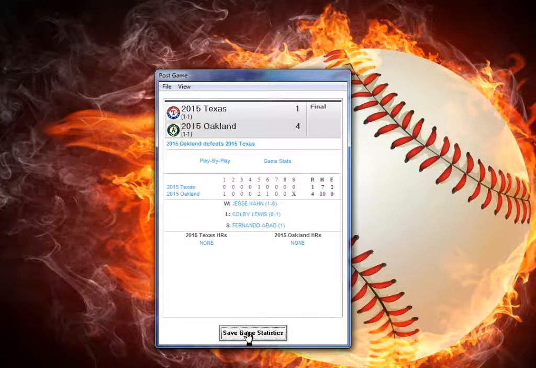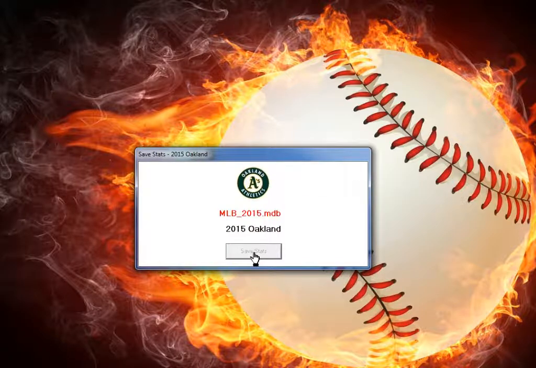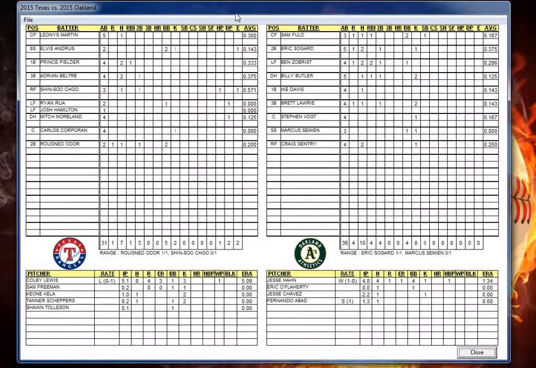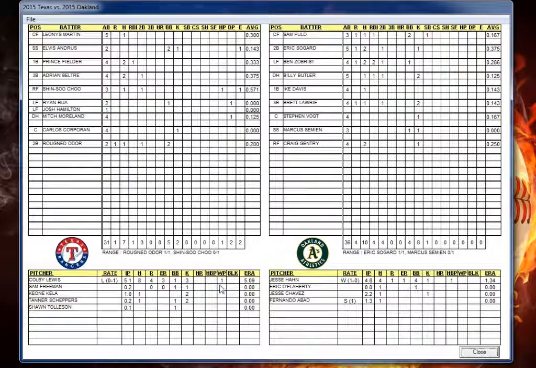Very, very good game. Thank you very much. All right, let's look at our box scores here. Game stats, that's what I meant. So, not bad, not bad. Yeah, like I said, if you've been watching some of my Inside Pitch Baseball, just the fact that they have every single player on the team, it's just crazy. It gives you too many choices. So I'm trying to play more along the lines of what happened.